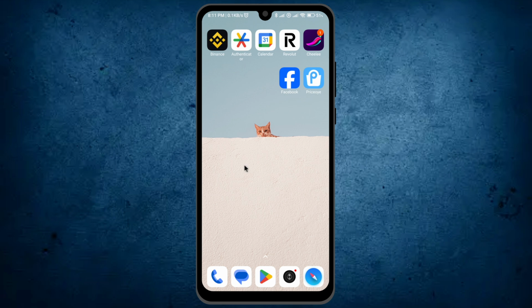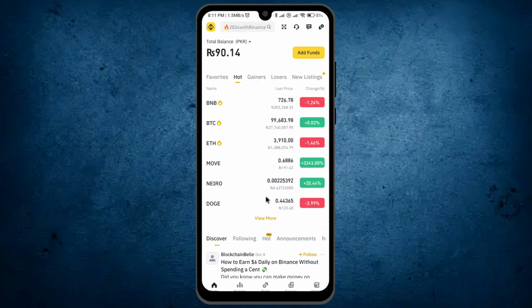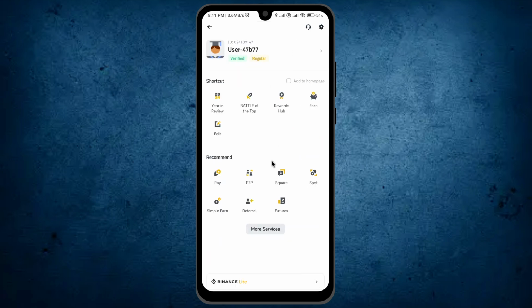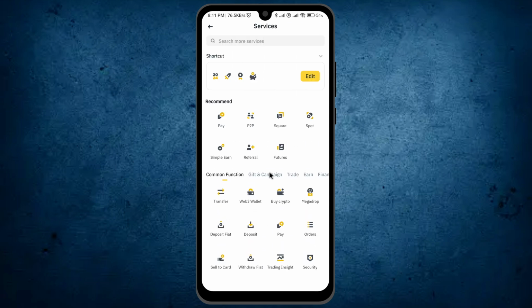So, let's get started. Open your Binance application. Once it is open, you will see a Binance icon on the left top. Click on it, and you will see a lot of different options, but from these, you have to select more services. Once you click on more services, other features of Binance will be expanded, and here you can see